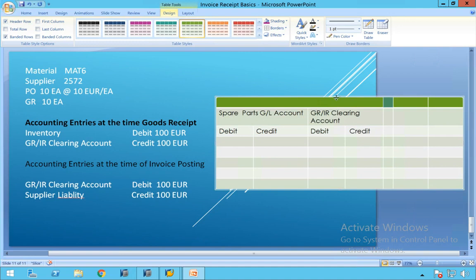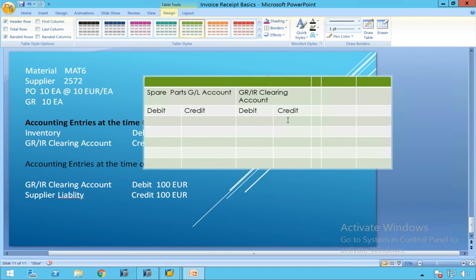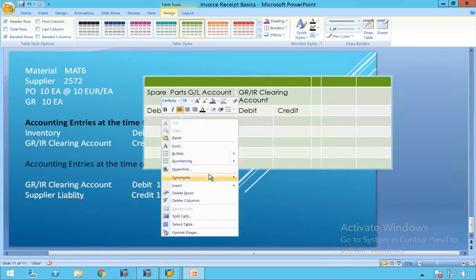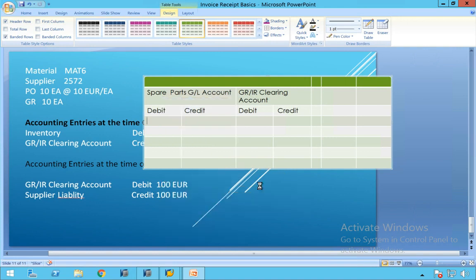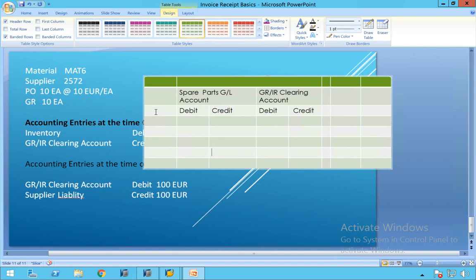So now let me drag this here, and I will insert a column to the left. Why? You will appreciate, at the time of GR.